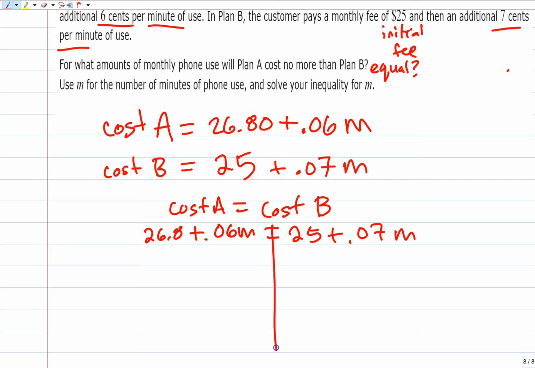Okay, so if I am solving this just the way it is, how do I solve for M? I've got two M's, right? What can I do? They're not on the same side. Don't add those together, that's utter nonsense. We have to subtract one of them and move it over. Which one? Probably the smaller of them. That makes this zero out, so I'm left with 26.8 is equal to 25 plus